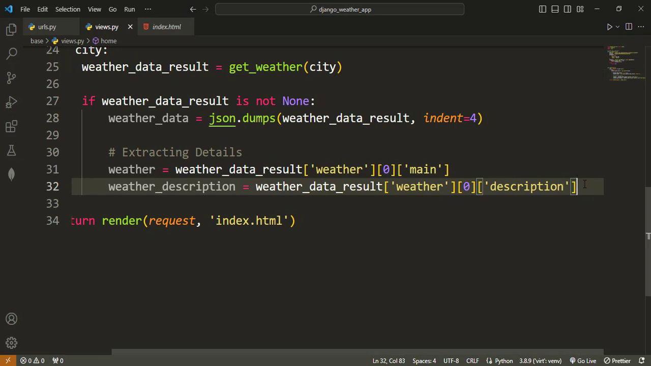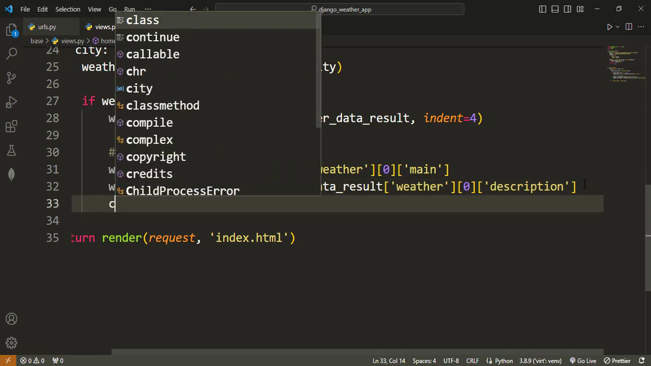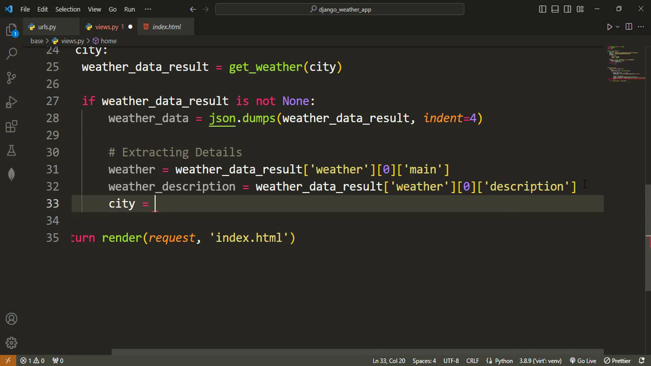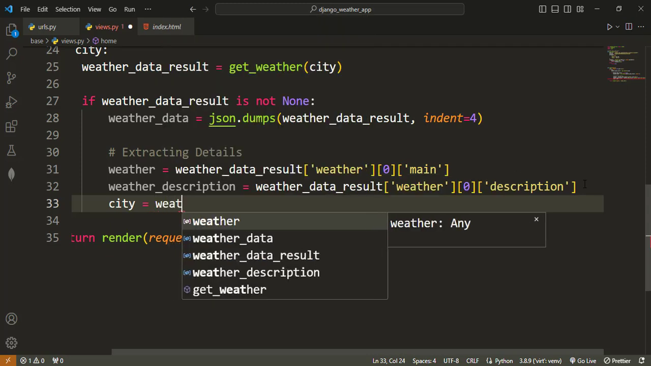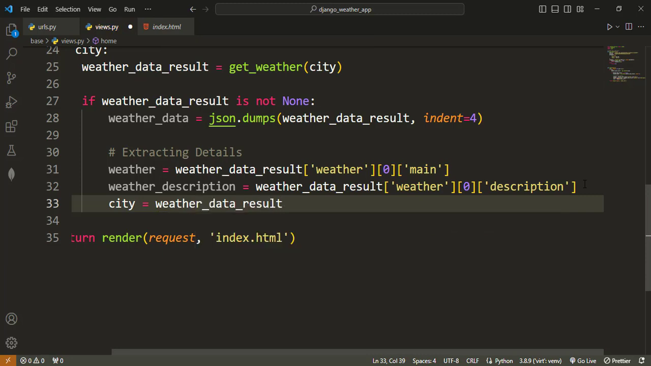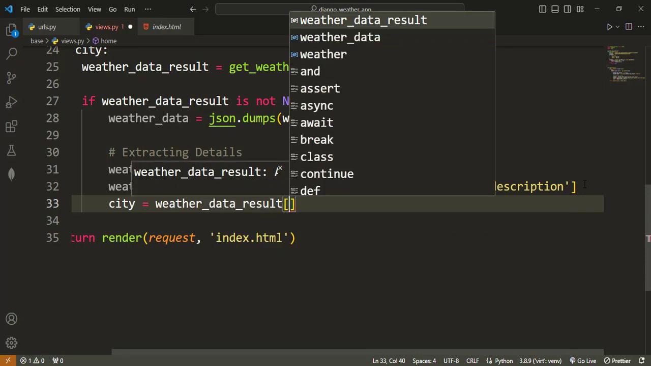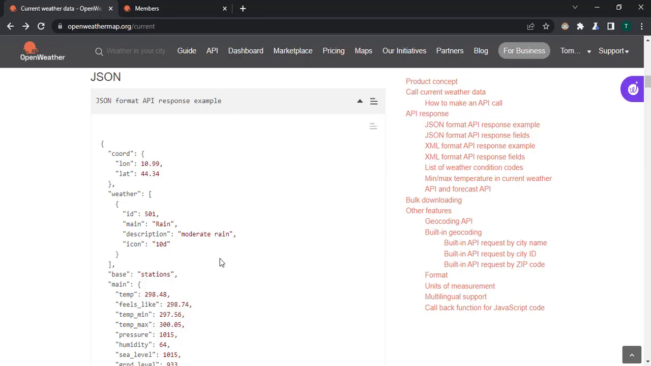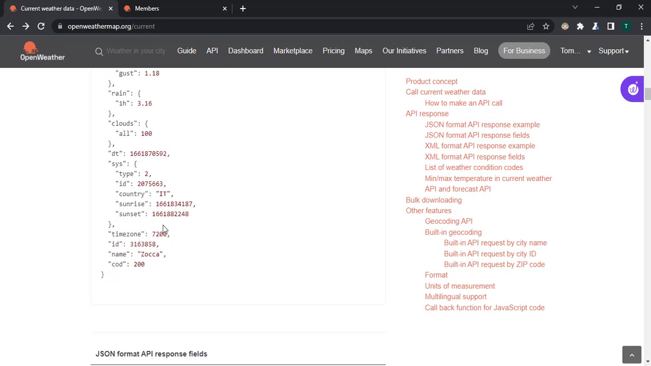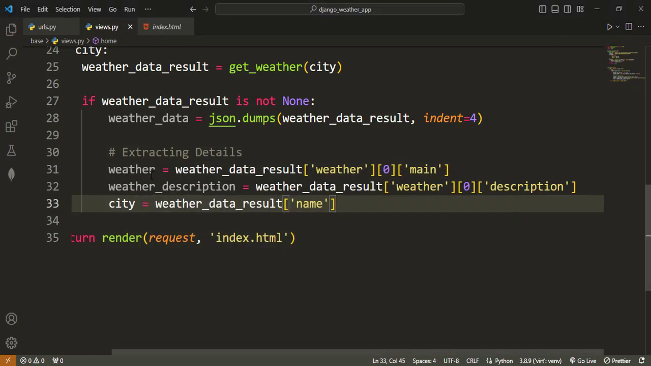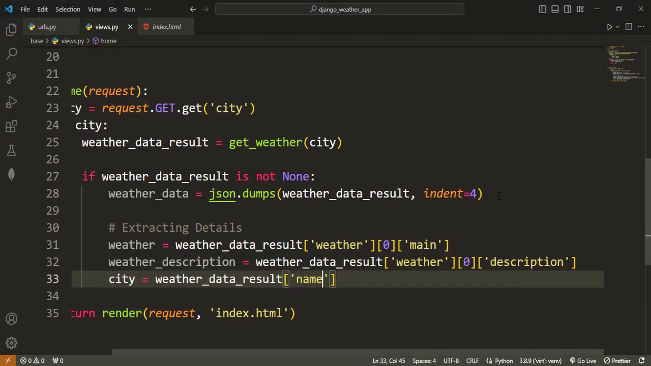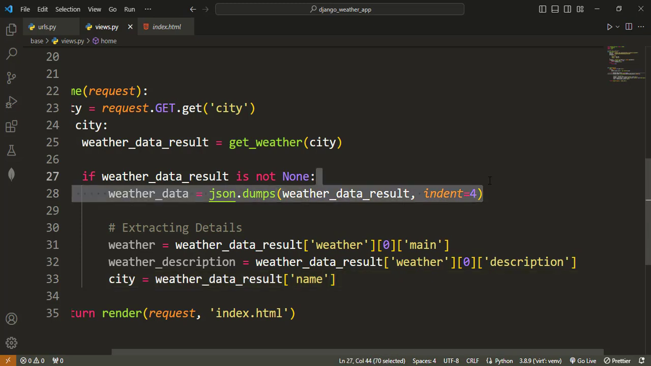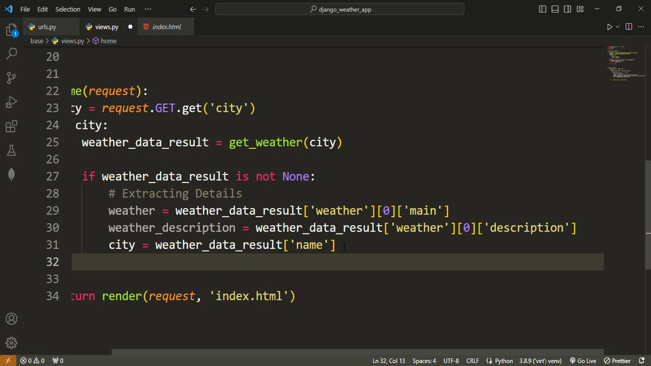And then the next thing we need is the city. So the city, let's just make it weather data results, and then that one is just the name. You can access it that way. So if you come down, you see that the city is just name. It's not inside any other thing. This weather data print, we just needed it to print to the terminal, so I think we can get rid of it. After city, we need the country,